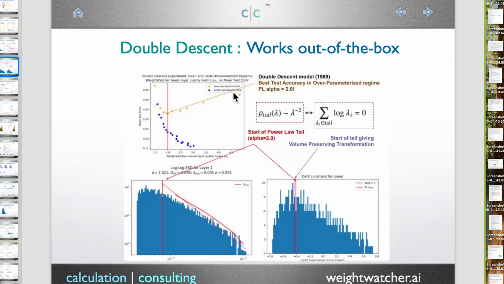And the over-parameterized regime has this sweet spot, and you get these curves that look like this. If you apply WeightWatcher in the over-parameterized regime and you measure the alpha, and I have a blog post describing this, you actually get right at the sweet spot of the double descent, where this simple model has the best accuracy. And the best accuracy is only like 65%. It's not a great, highly accurate model. But where the test accuracy is 65%, the alpha is 2, and the trace log condition holds perfectly. This is a case where I didn't actually know beforehand. I went back and got the old double descent paper, reworked up the experiment, and it works perfectly.